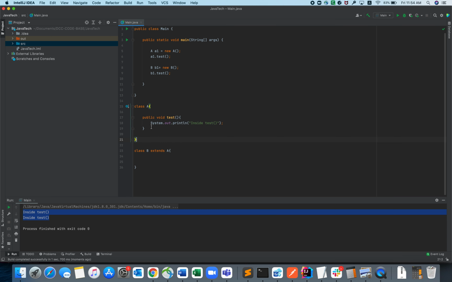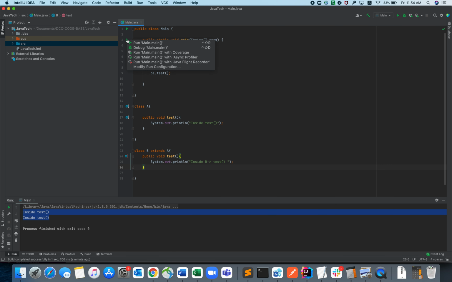Now I'm just copying this method and pasting it here, and inside this test, let me override the SOP inside test, writing inside test of B. Because we are overriding this method inside the B class, it will be a unique statement. So I'm saying inside B of test.